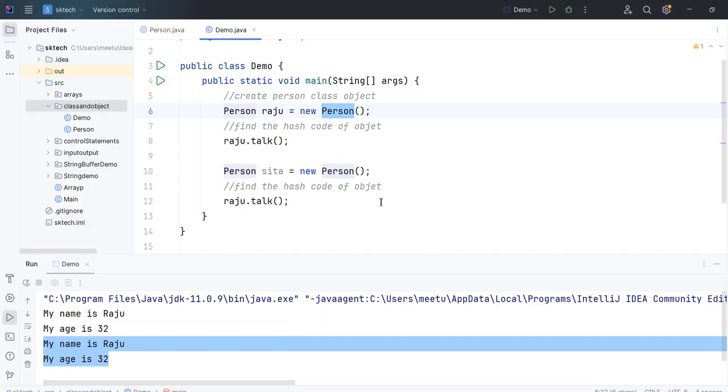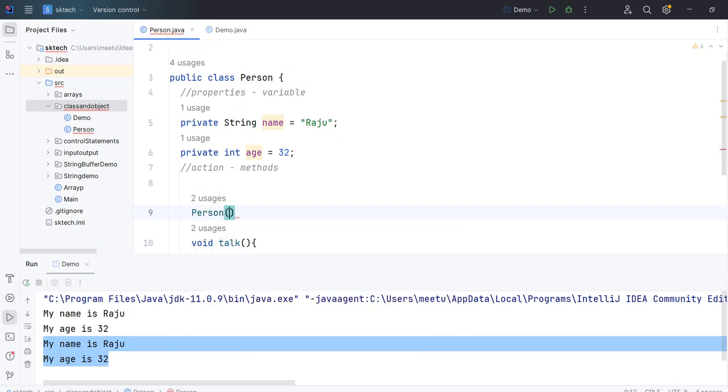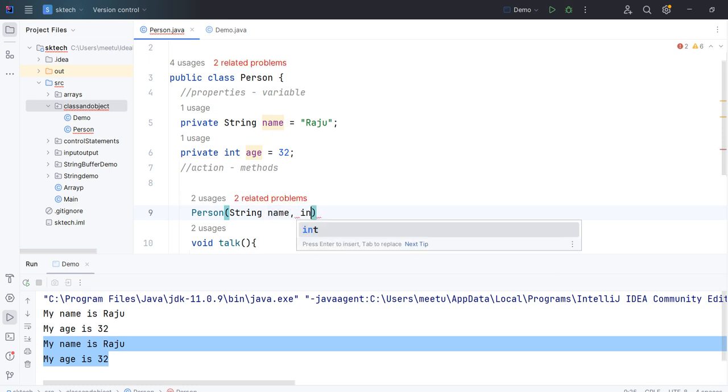Let's go to the program and modify it here. As of now, since we have not provided any constructor, the JVM is creating the default constructor. So let's say we provide it. How do we provide it? Like Person, then some arguments. What kinds of arguments can we provide here? Basically, we need to provide the instance variable arguments. So let's say name, and age.